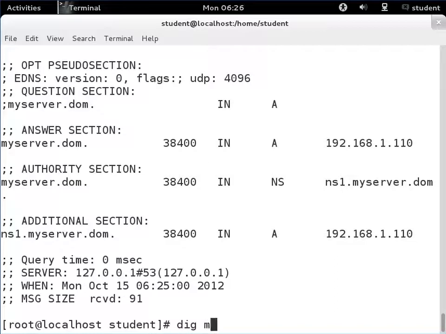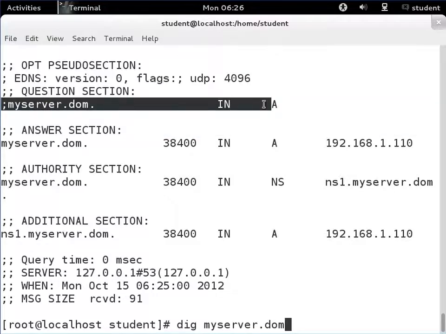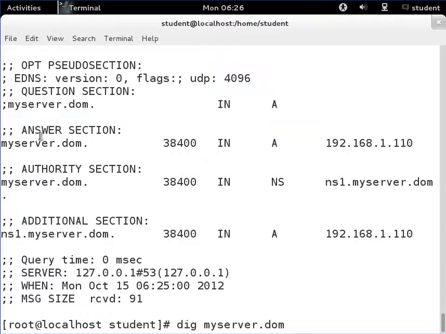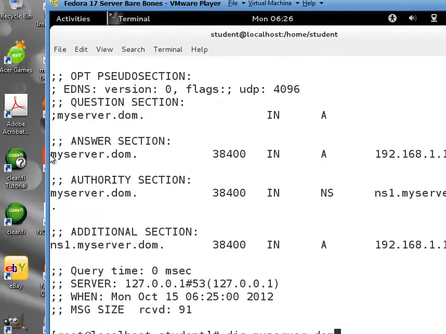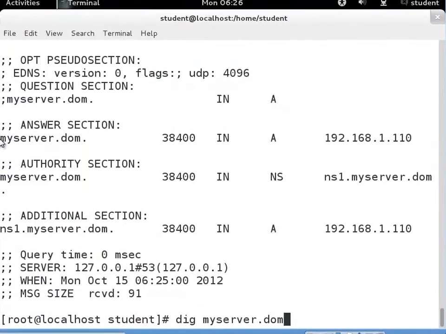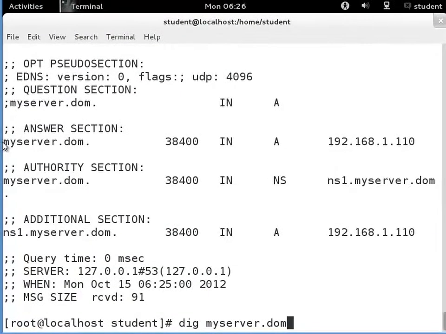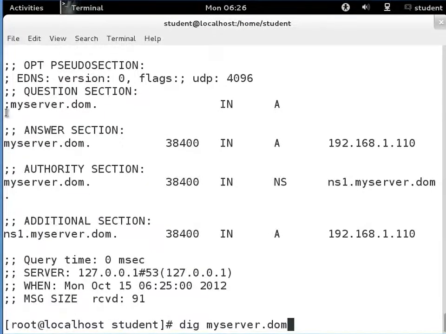So when we said dig myserver.dom, that's what we were asking. So that's basically saying they asked for this, which is us. That's what this dig command did right here. It did the asking. All right, so here comes back our answer though. myserver.dom. Sorry, didn't mean to move that around. All right. myserver.dom. There's the IN for internet address, A for IPv4 address, and then the IPv4 address